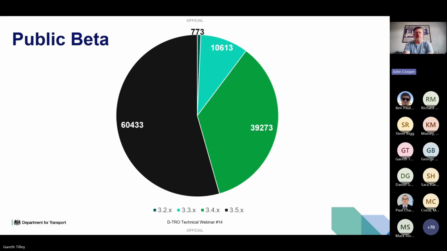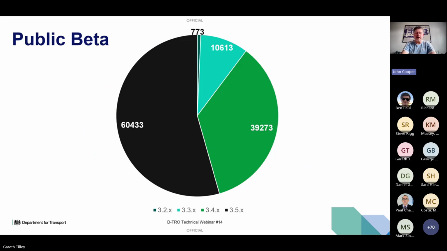As you know, we operate various different version numbers, and we have more on the version that we've just released coming up later in the show. But here's a breakdown of which schema version the orders have been received in.